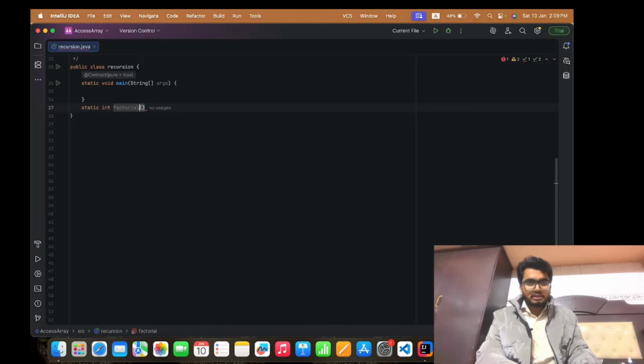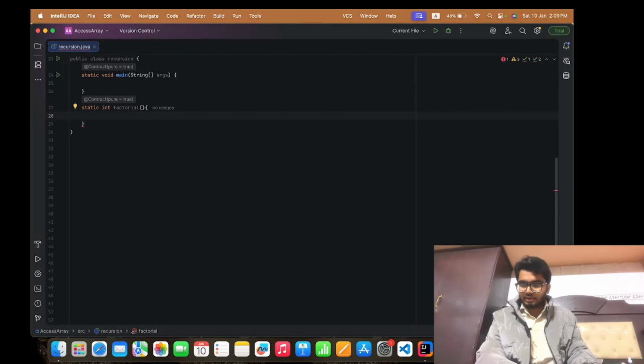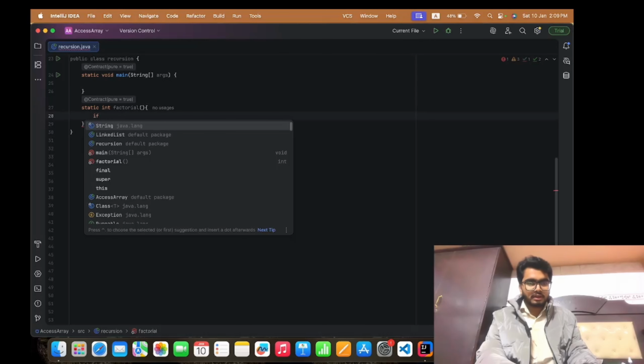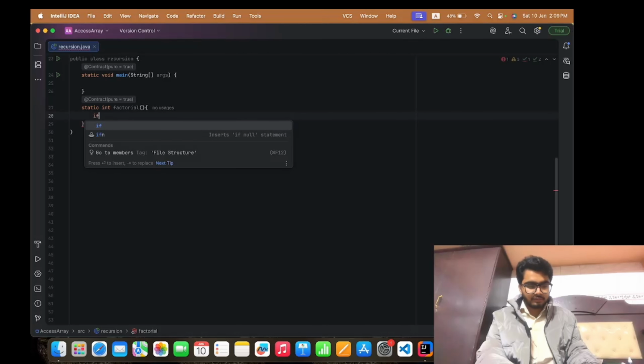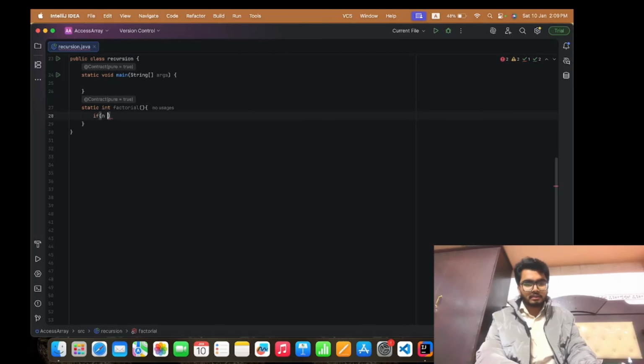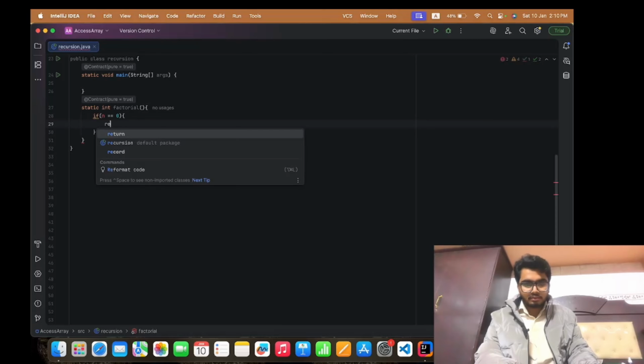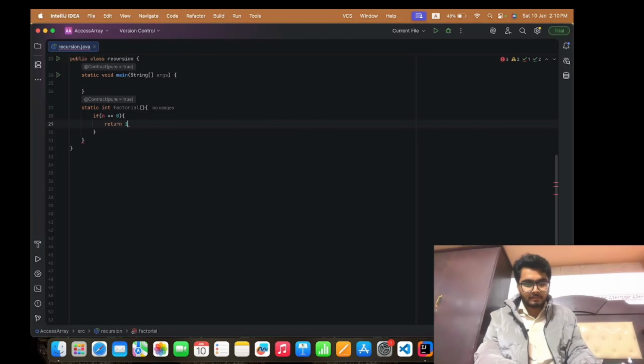We name our function factorial, and then in factorial we run a condition: if n is equal to 0, then return 1.